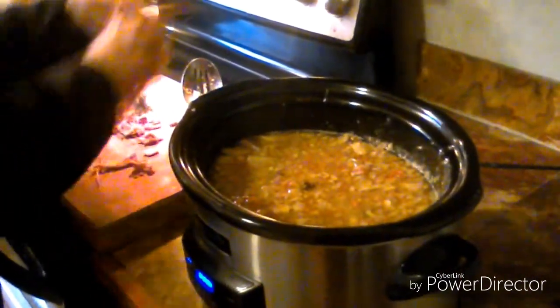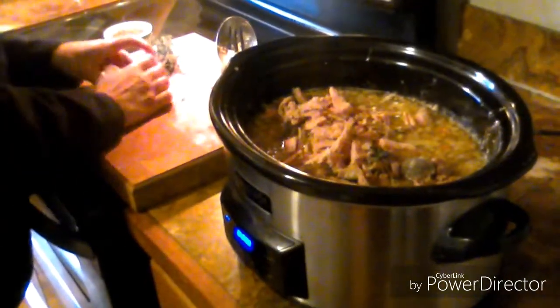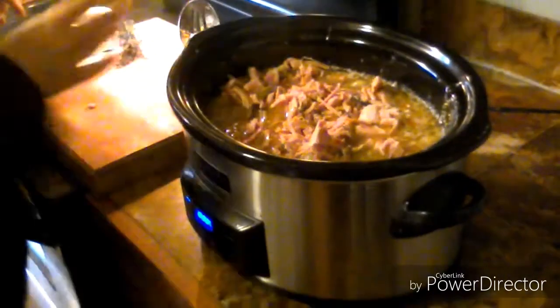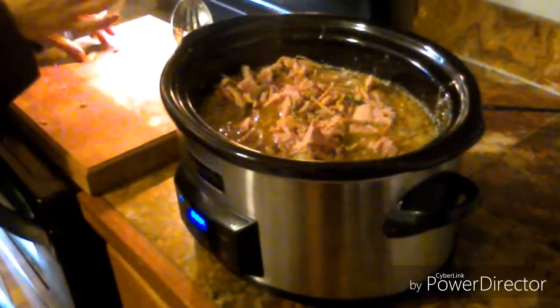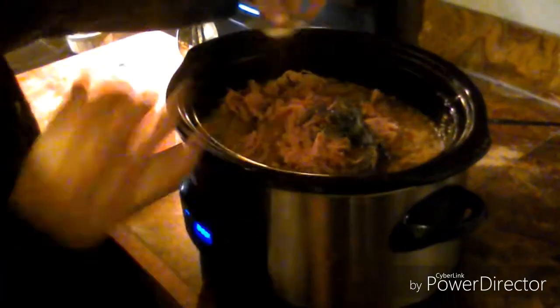That's correct. And I've got about, would you say, I think 2 cups of ham. I'm not slicing this real thin. You can do cubes and be fancy, but we like ours kind of rustic. That's another word for rough. And then you can always add more ham, and we have more left over, but that'll be really nice. I'm not adding any salt because the ham already has a lot of that. I'm going to add the rest of some thyme that we had left over, 2 bay leaves,